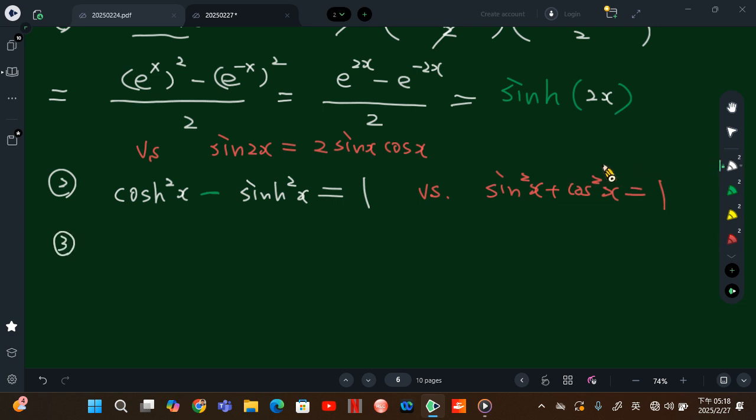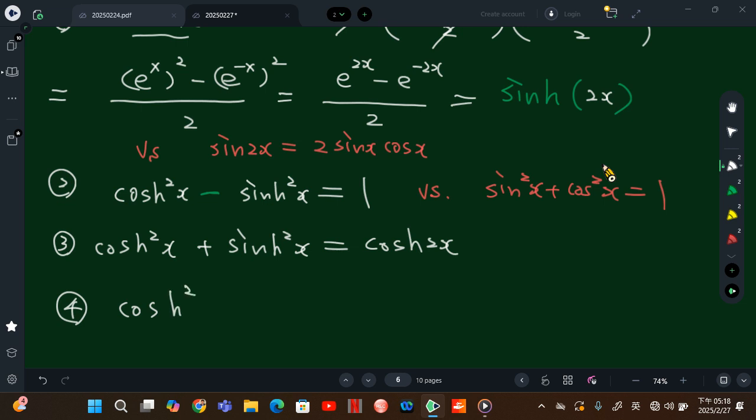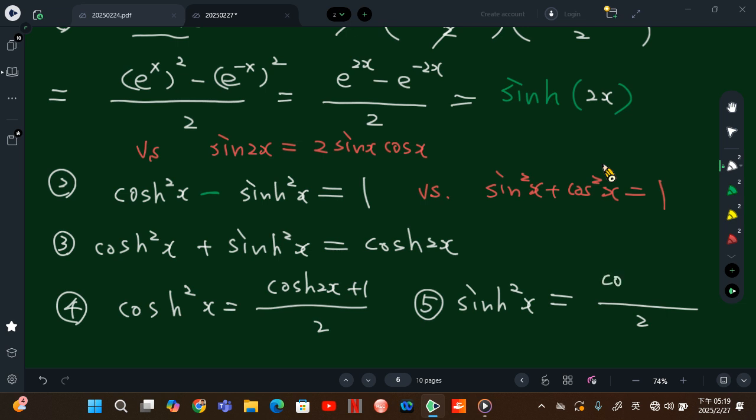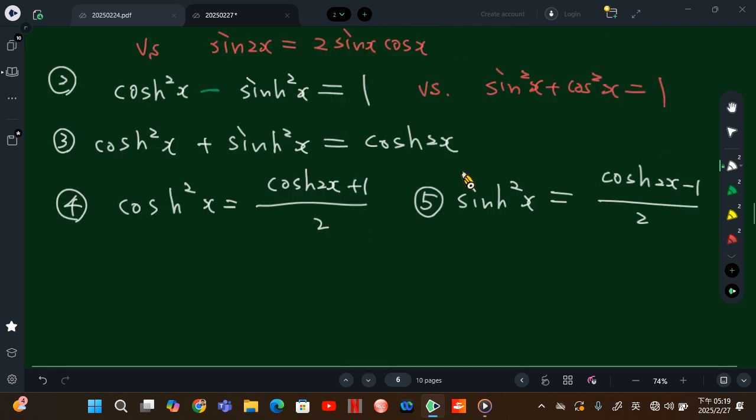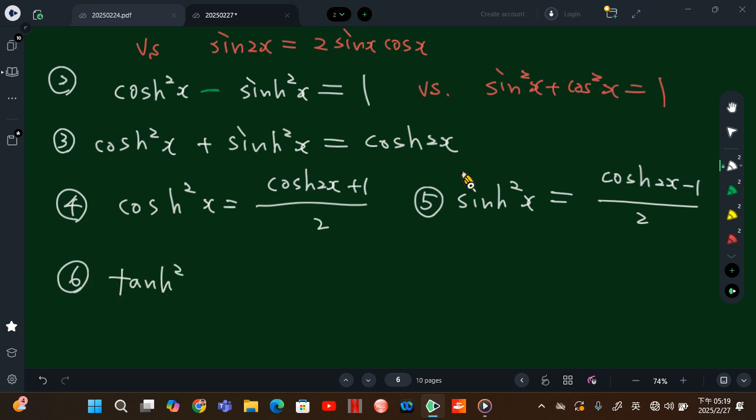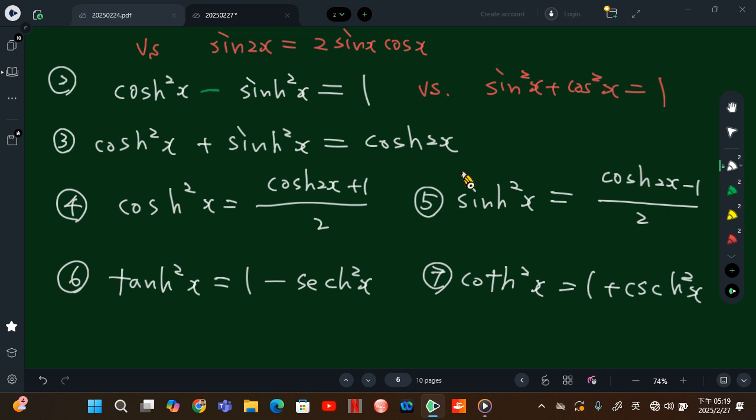So then we also have some other relationships like hyperbolic cosine square x plus hyperbolic sine square x is equal to hyperbolic cosine 2x. Then we also have half angle expressions. Then we also have this. So a lot of them, right? So I also can show